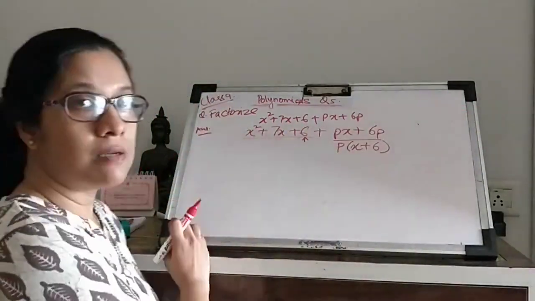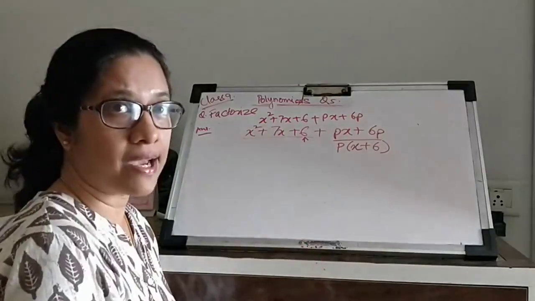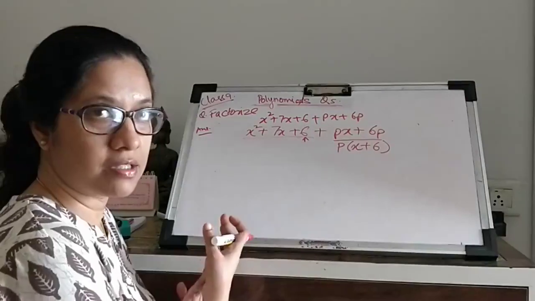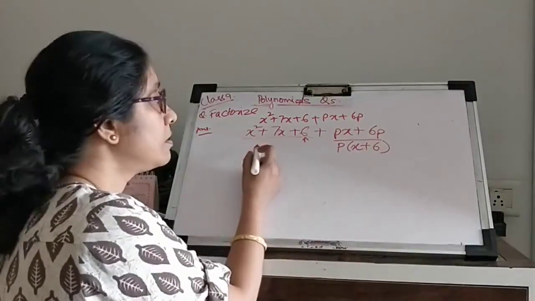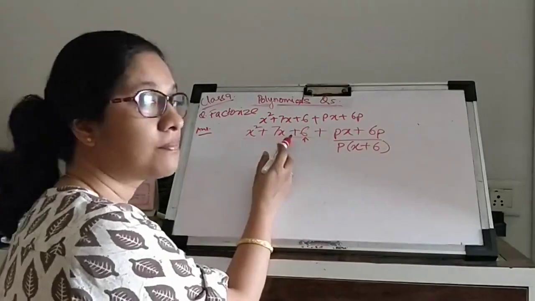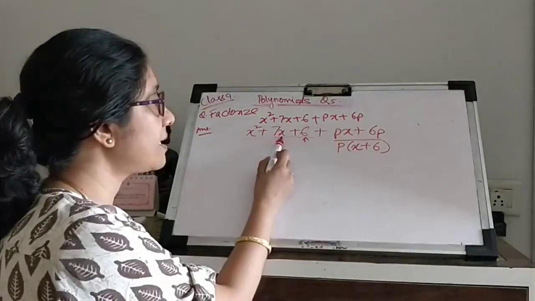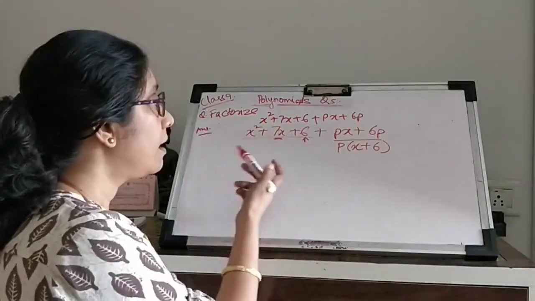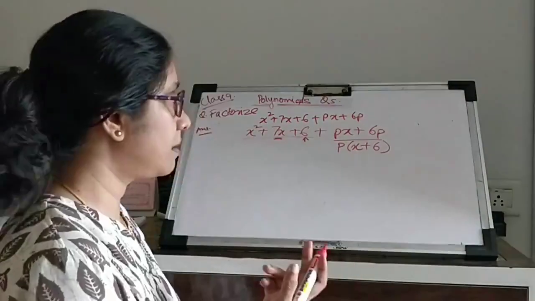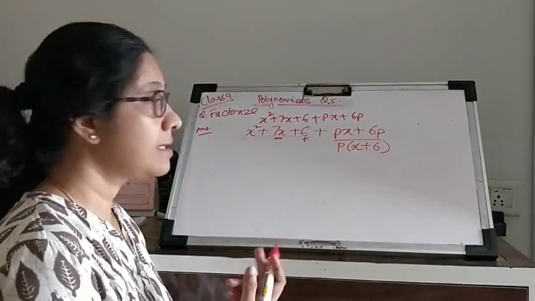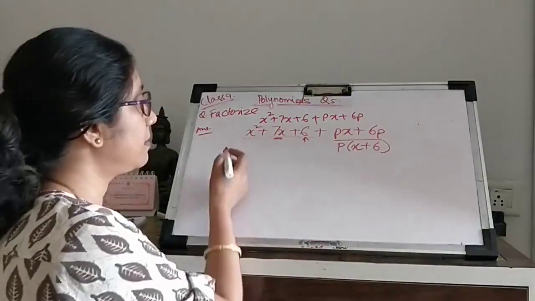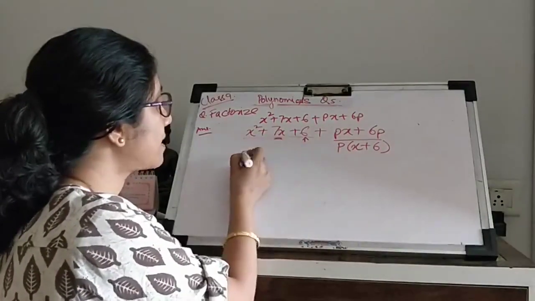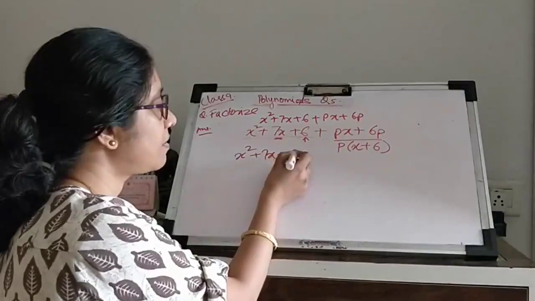And midterm splitting again is just a factorization method of 3-term polynomials, which you've been always doing in this chapter, right? So what do I do? I do a splitting of x square 7x in such a way so that I get a product of 6. I don't know how you guys have been taught how to factorize, but I can give you a very easy method. What I usually do, let's say I need to factorize x square plus 7x plus 6, right?